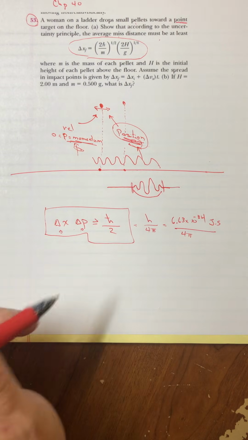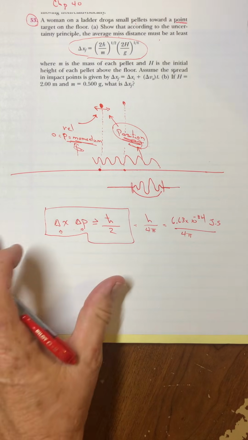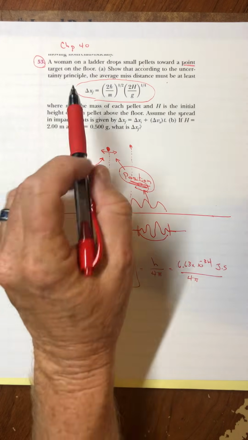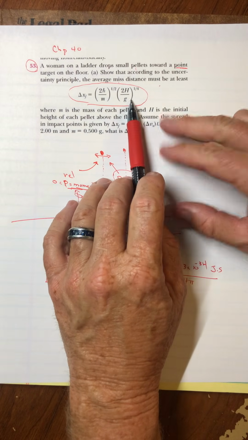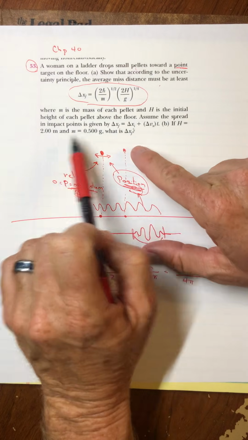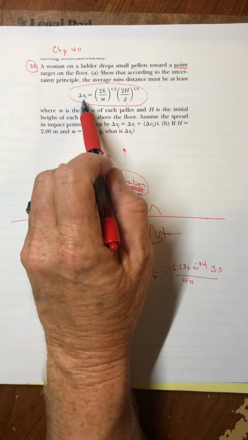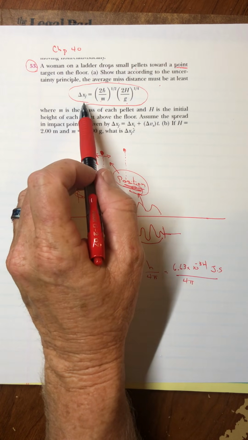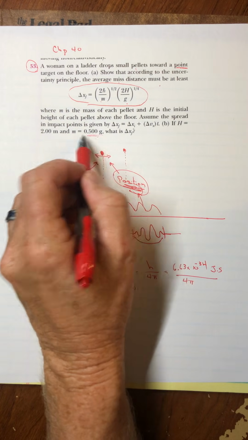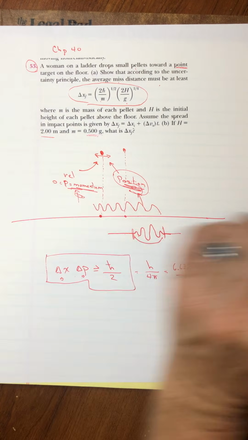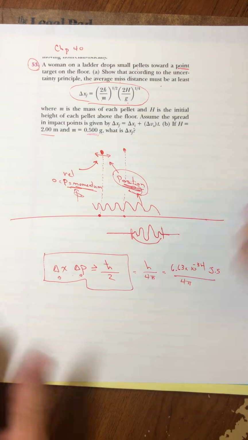But when you get down to small things like electrons, we run into troubles with this, which I think is the whole reason why your author not only asks you in part A to find out what that uncertainty is, but then in part B gives you some numbers so we can actually calculate it and begin to see that the uncertainty in the position is incredibly small, and it's something that you would never notice for something that's even as big as a half a gram dropped from a height of 2 meters. So looking forward to part B and actually getting some numbers here.